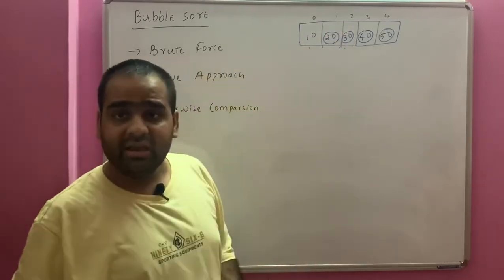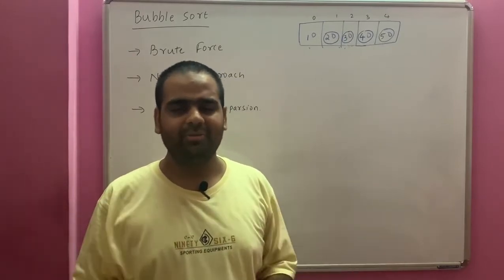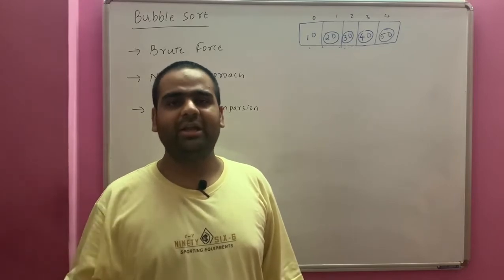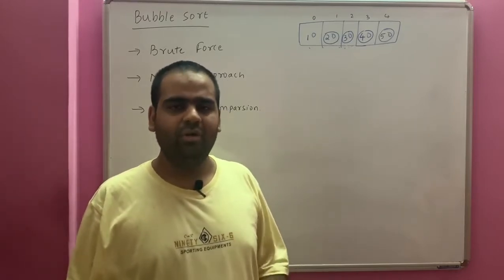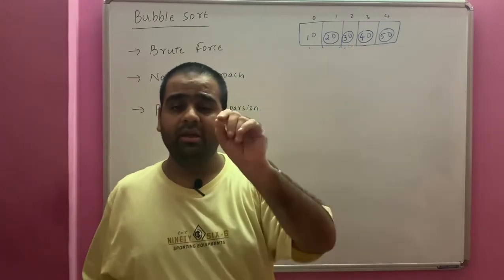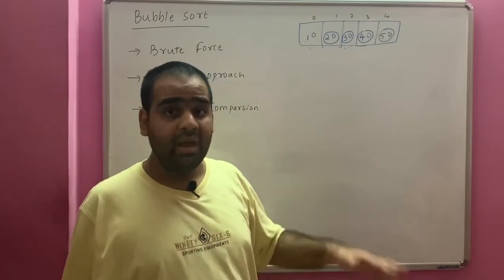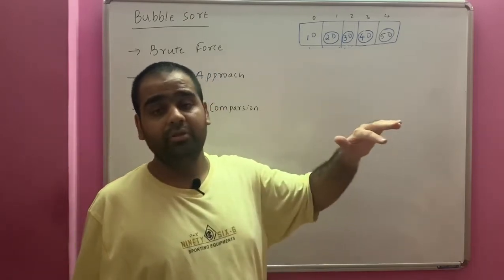Now in n elements, if I sort n minus 1 elements, the nth element will be sorted. There is no point in continuing with the nth element. Therefore as soon as I sort n minus 1 elements, the number of pairs becomes 0, and that is the point I need to stop, and this becomes the bubble sort.